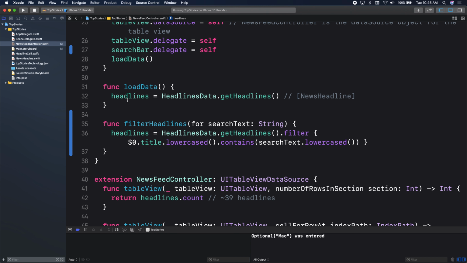So right now, any type that is type newsfeed controller has access to filter headlines. Is it better to make a new array for the filtered stuff? Anytime you make a new array, you create new memory. So the less arrays you create, the better your program is. Because then when you're calling to get the headline again,